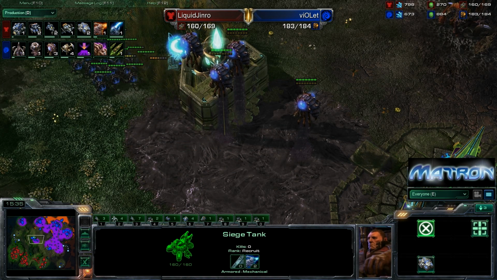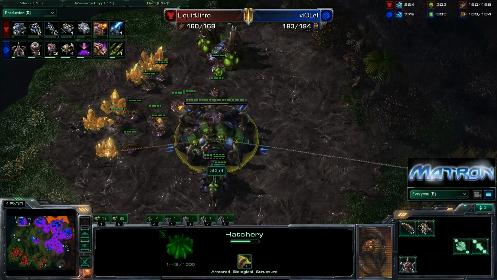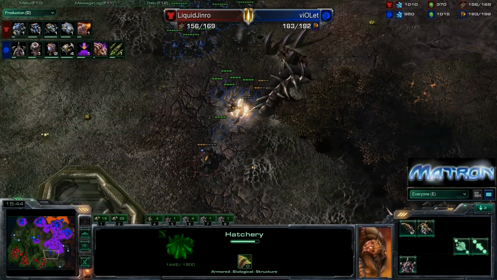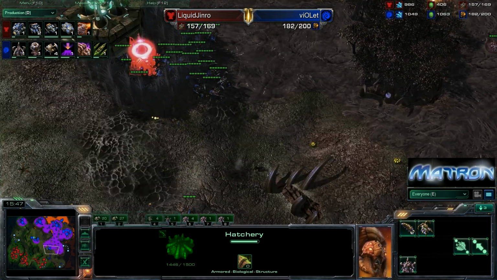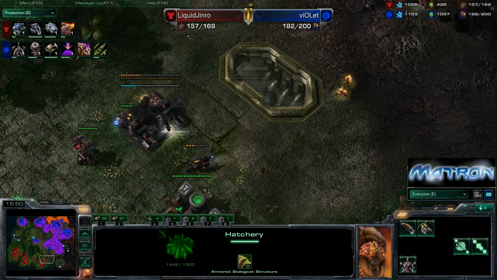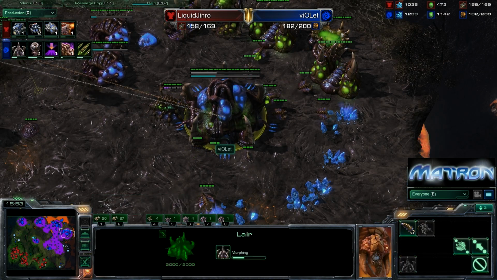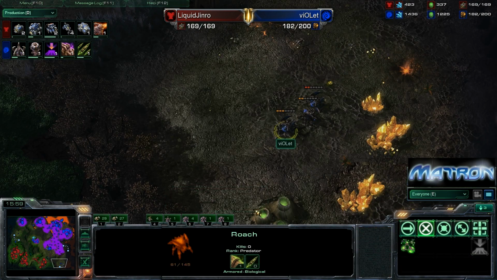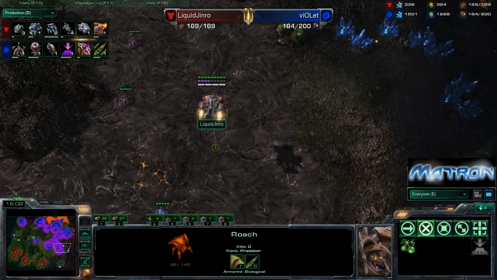And now viOLet knows that no sort of harassment can really come here from Jinro at this point. And again, these Hellions being caught out in the open field by those speed Roaches and those speedlings. And viOLet going to be pretty comfortable on his 4 base here. He's taking the gold. He's got a few Roaches here going to be preventing or timing that gold for Jinro,